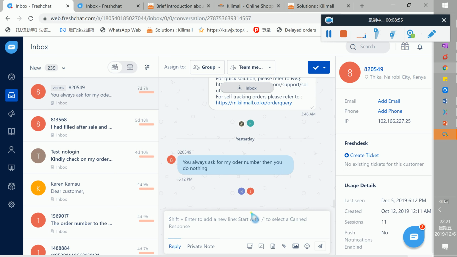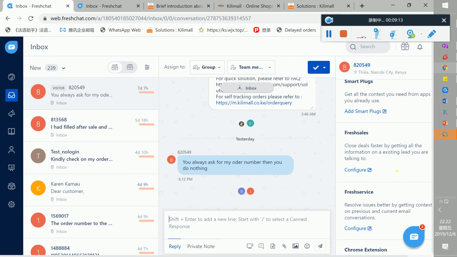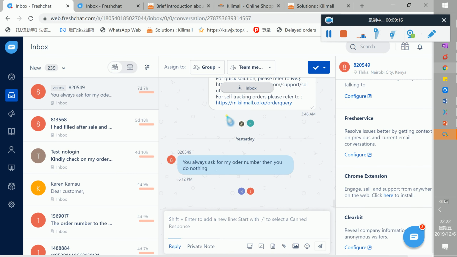Let's take a closer look at an actual conversation, for example. When we enter a conversation, you will be able to see the customer's ID. This is actually our Kinemo ID, and location and those related information. And this part is what we mostly work on. You can just start typing any letters and then reply. But it is strongly recommended, actually, it's highly suggested that we use the canned response or FAQ to answer,